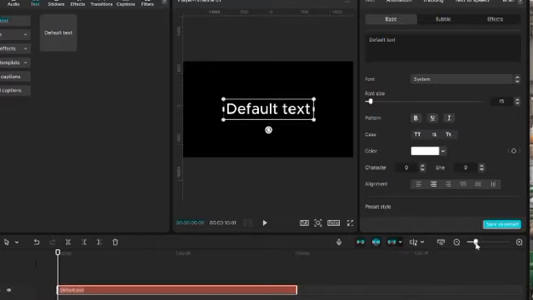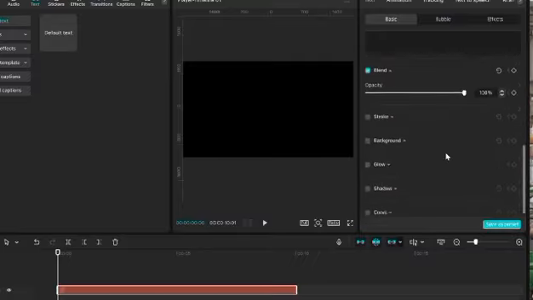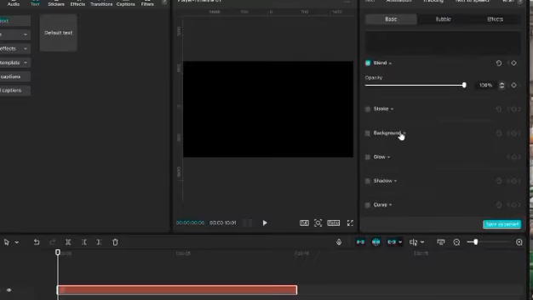Then, let's clear the default text. Make sure there is no letter in here, only a space. Then click the space bar and set the font size to maximum, guys, and then go to background and select